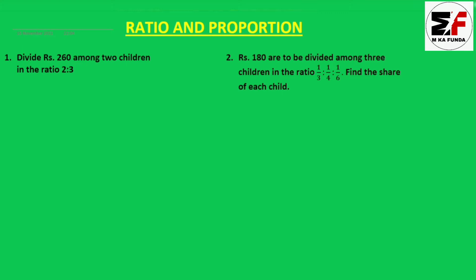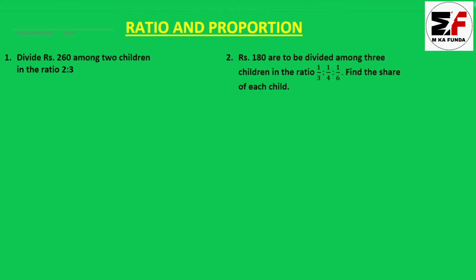Both the questions are similar to each other. Only one difference is there. In question number 1 you will find the ratios are in whole number, whereas in question number 2 the ratios are in fractional number. So we will learn how to solve this. So let's begin. So in question number 1, as we know that we are asked to